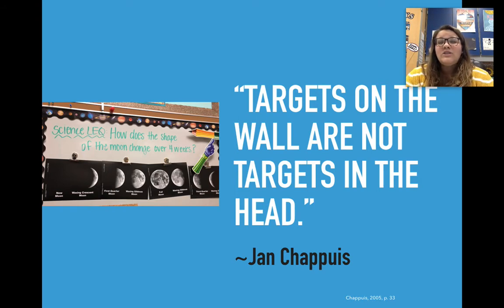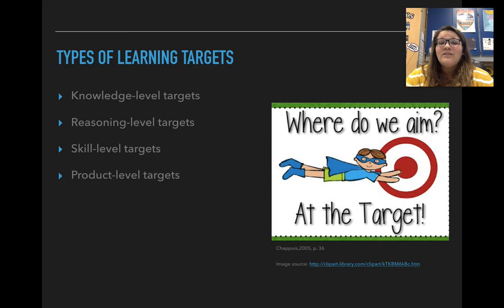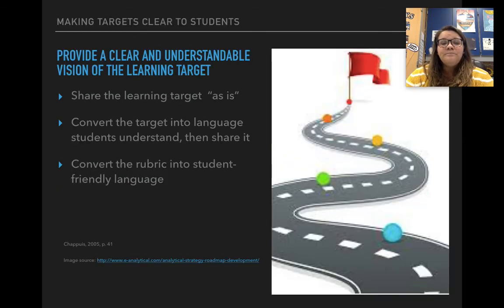Now I realize I should be checking in with students to make sure that they understand what the learning target is. It's also important to categorize those learning targets by type: knowledge level targets, reasoning level targets, skill level targets, and product level targets, all on various degrees of what you want students to get out of each lesson. To provide a clear and understandable vision of the learning target, you can share the learning target as is, convert the target into language that students understand and then share it, or also consider converting rubric language